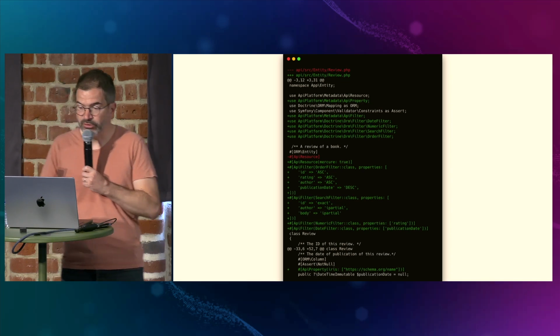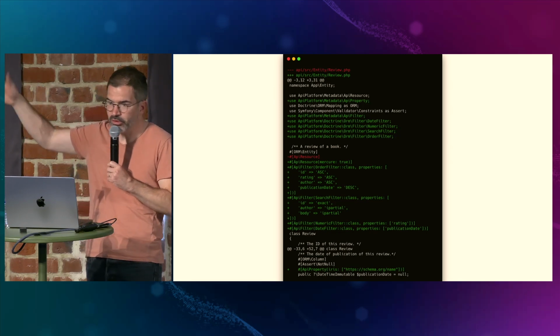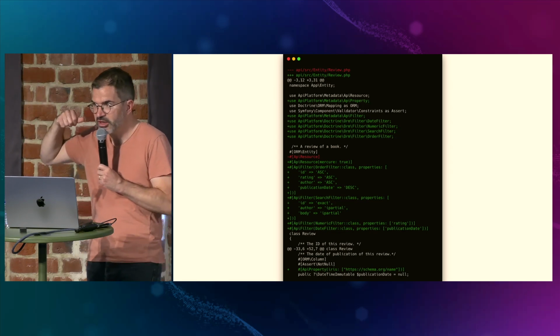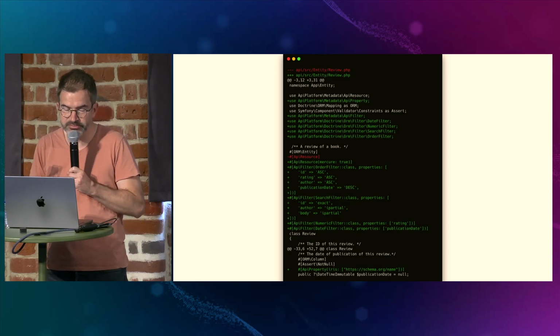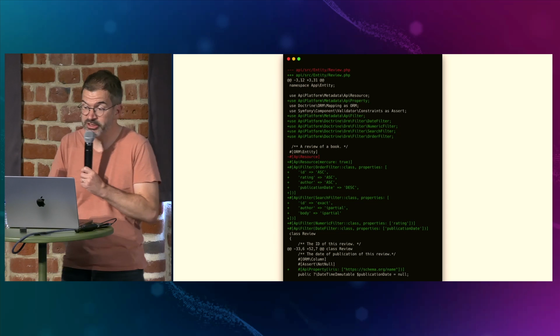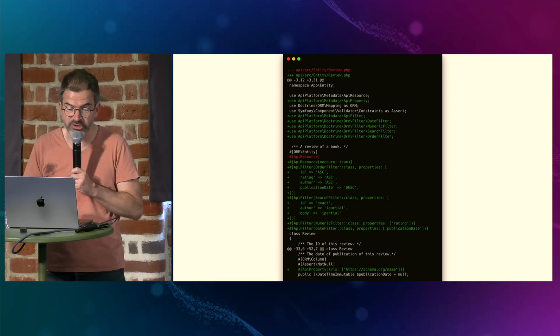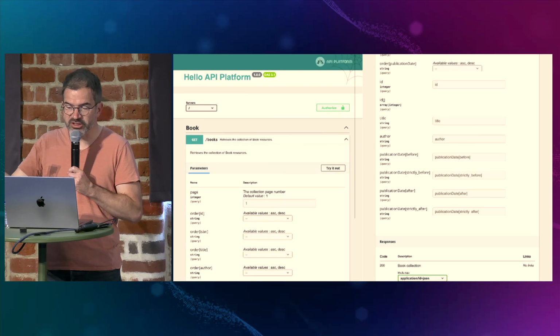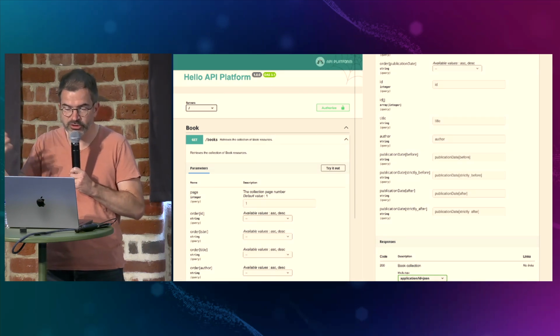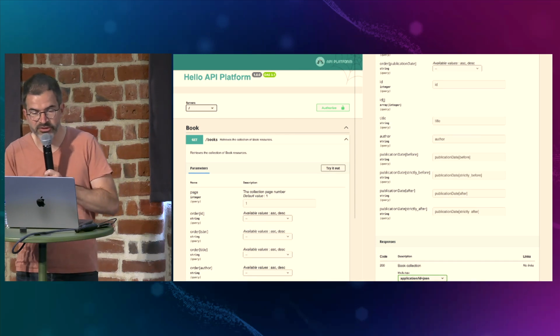I'll do the same for the review model, add Mercure, order, search filters, and this time I'll also include a numeric filter for the rating field. And for the record representation, I've chosen to use the publication date. These changes update the API to accept additional query parameters, enabling sorting and filtering by the specified fields, and it